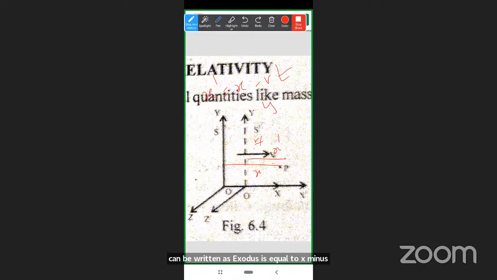Similarly, since it is moving in the x direction, x is equal to x dash plus vt. Observing the figure, x dash is equal to x minus vt, y dash is equal to y, z dash is equal to z, and t dash is equal to